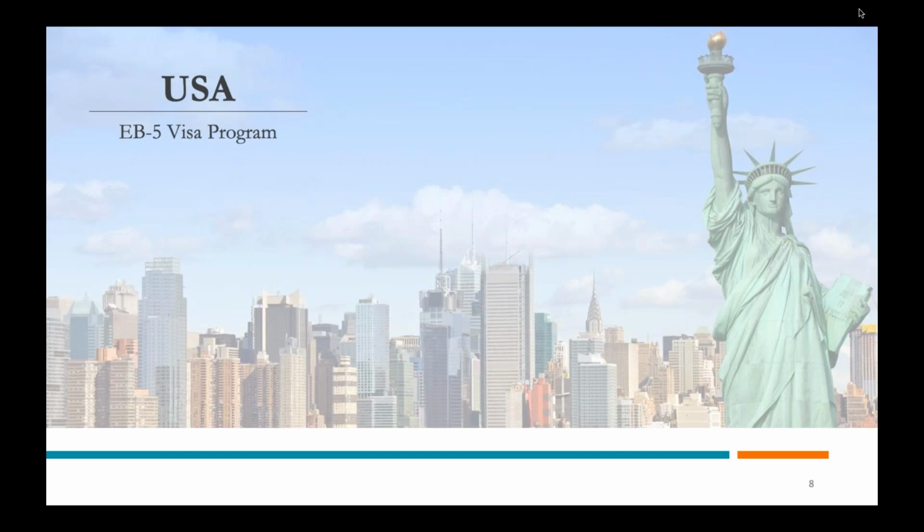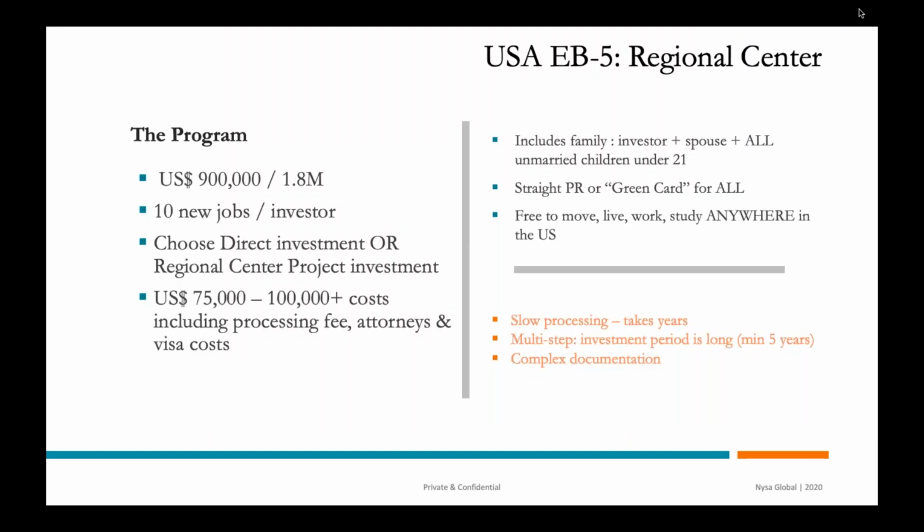The US EB5 visa program. The US EB5 visa program has been around for about 30 years now. It went through a major change last year in November when the price increased from 500 to 900,000 US dollars. It is a program that requires you to create 10 new jobs by making an investment in a new business